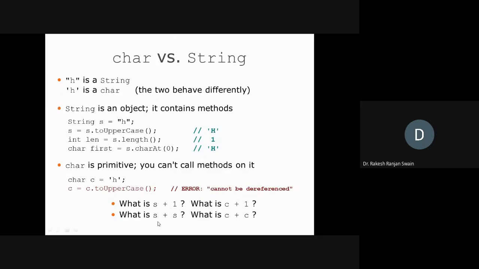You can check it in a program. You can print s plus 1, c plus 1, c plus c. What will this give? This is converted to a number, and again it adds with the number, and this will give a number. But if you typecast it, we can find out the character. Similarly, c plus 1 will give us a number. And c plus c, this is converted into ASCII, this is converted into ASCII, and again it will return an ASCII number. Okay, you have to check it later.